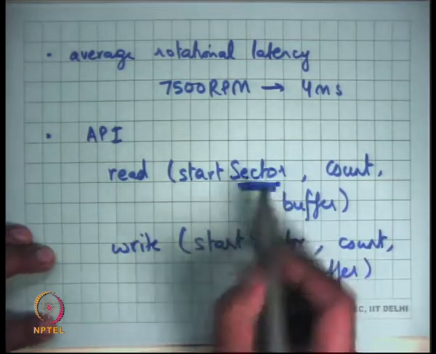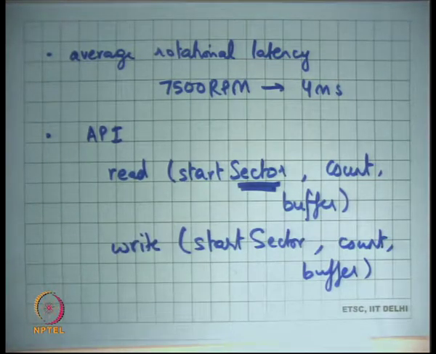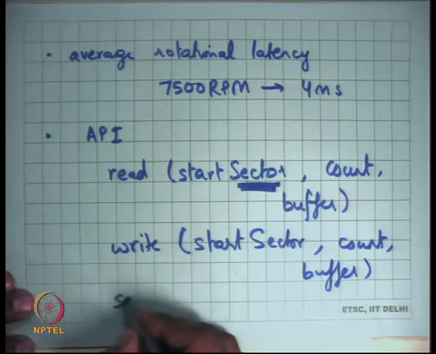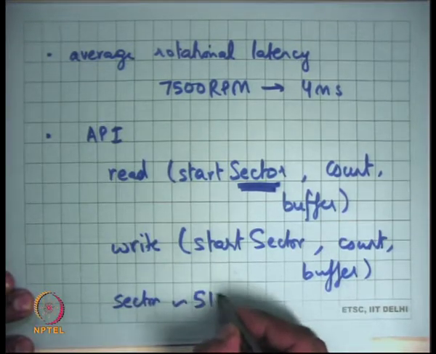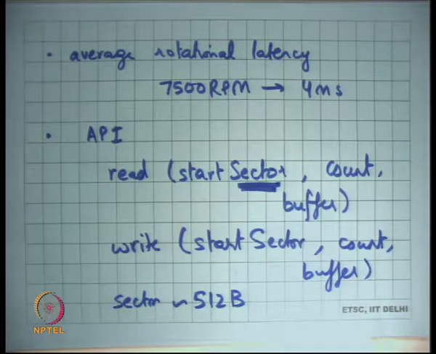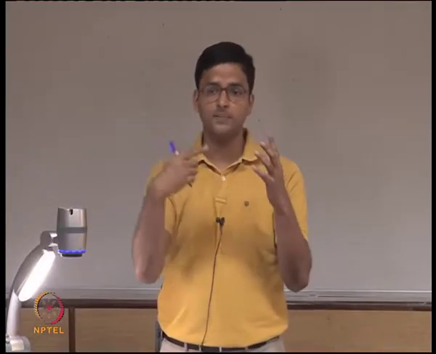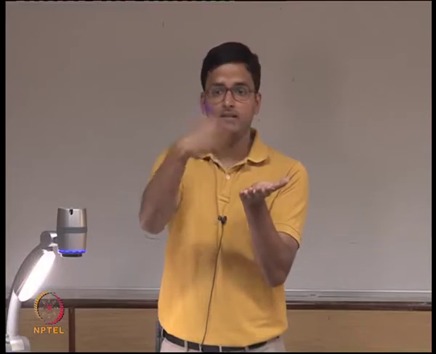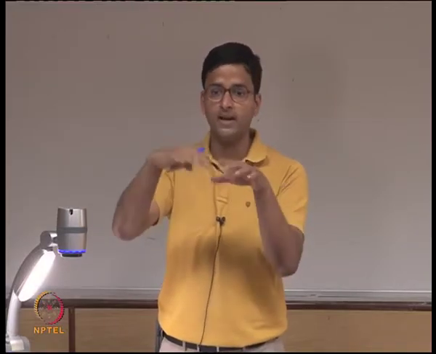A sector is basically a unit of storage within a track, and typically a sector today is 512 bytes. So an operating system can ask the disk to read a sector or write a sector, and the disk controller will move the arm to the appropriate location and then read data off it. All right. Once the arm has been positioned at the sector from where you want to read, after that it's just a matter, so the spindle is constantly rotating, right. So it's just a matter of the head starting to read the data that's stored in magnetic form on the